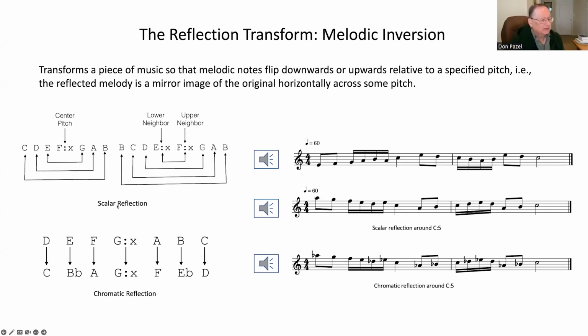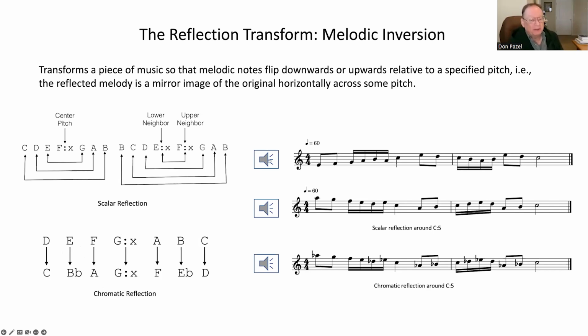So that's just flipping a scale. You go to a note below and above some point. You can also flip it so that you only retain the chromatic distances. Without explaining it too much, what happens is that the distance from E to G is the same as the distance from G to B flat in terms of half steps. And so you get this kind of mapping.